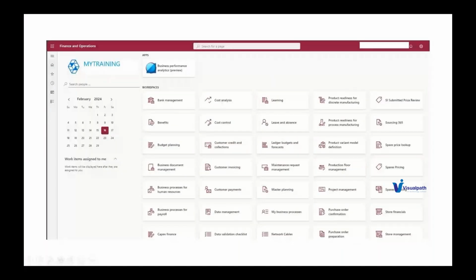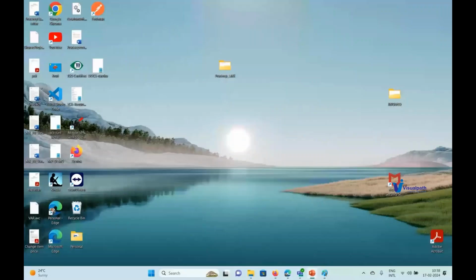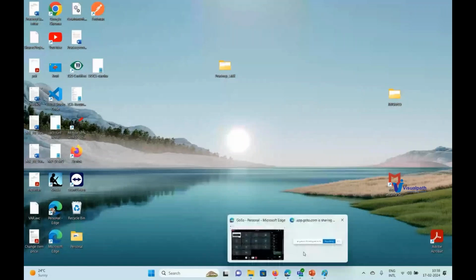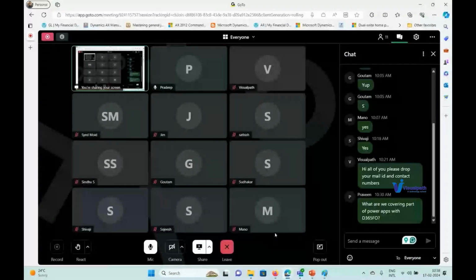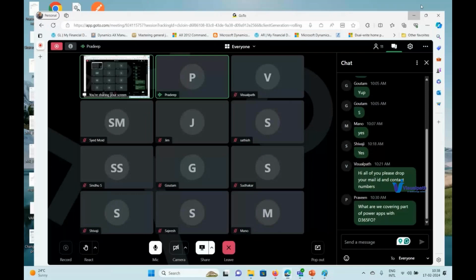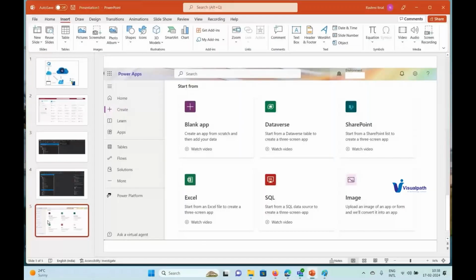That is basically about development with D365. Now moving on to Power Apps, right? This is also a very important and very sought-after skill in D365.